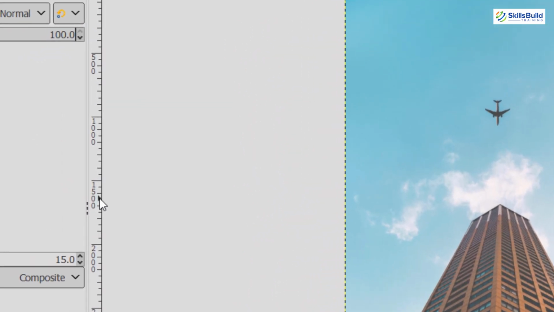Now here you can see a ruler. In the default layout, rulers are shown above and to the left of the image, indicating coordinates within the image. You can control what type of coordinates are shown if you want to. By default, pixels are used, but you can change to other units as well using the unit setting.